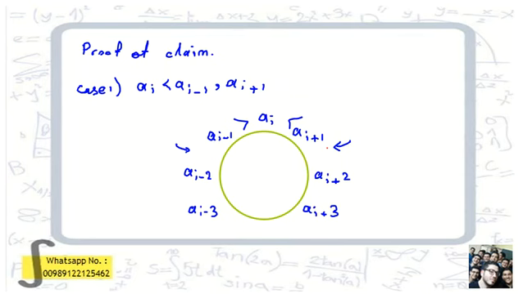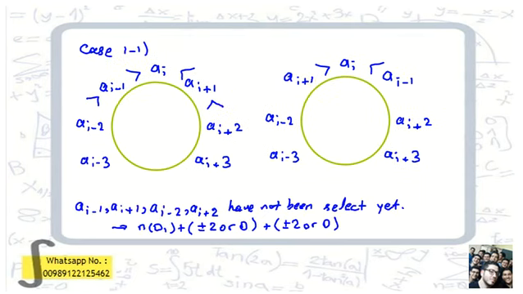So case 1.1 is the case that it is less than. Let's consider this case. In this case, we would see that Ai-1, Ai-2, all these four elements are greater than Ai, so they have not been selected yet. So if we change each of them, by lemma 1,